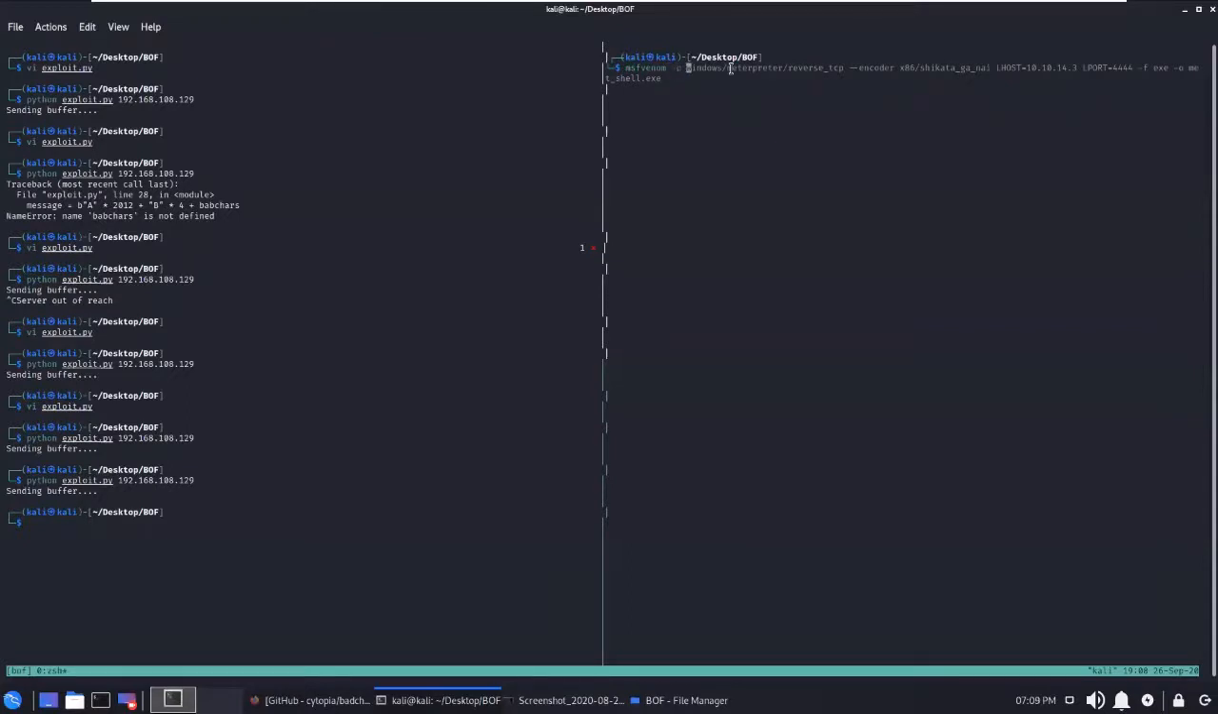I'm not gonna use Meterpreter. Let's use a normal shell. So shell, we're not gonna use a staged, just unstaged, TCP, and then we have to provide our host. LHOST equals to